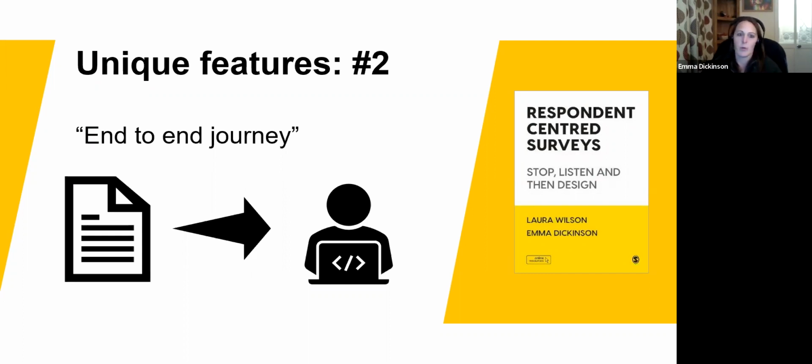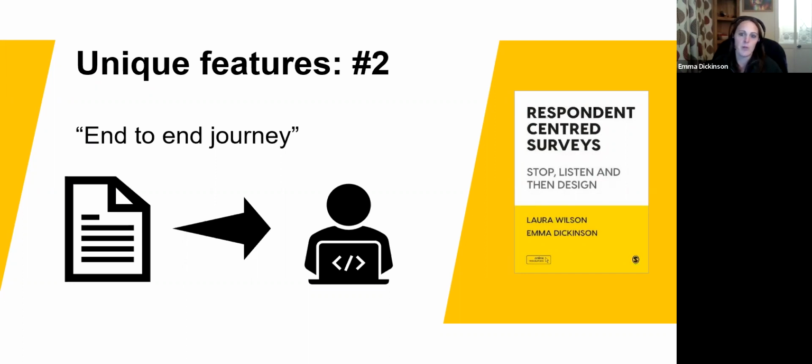We preach that this starts at the very beginning. Any of you that have come to talks we've done before might have heard the example that we talk about, which is the envelope. That's the envelope that contains the pre-notification letter, or your first contact with the respondent. And you can build the best survey going, but if the respondent doesn't open that envelope because it looks like junk mail, well, then it doesn't matter how good your survey is, because they're never going to see it. And then you can have the best materials in the world, the best advance letter in the world,